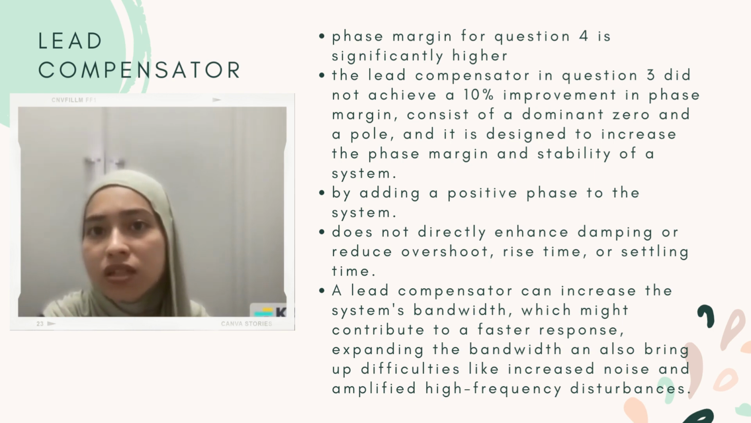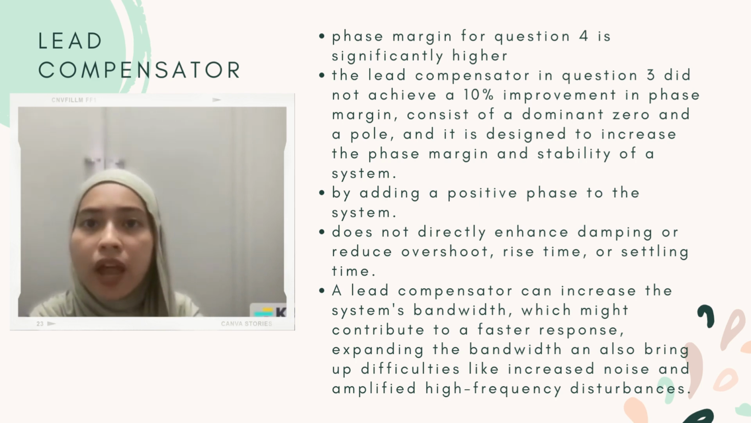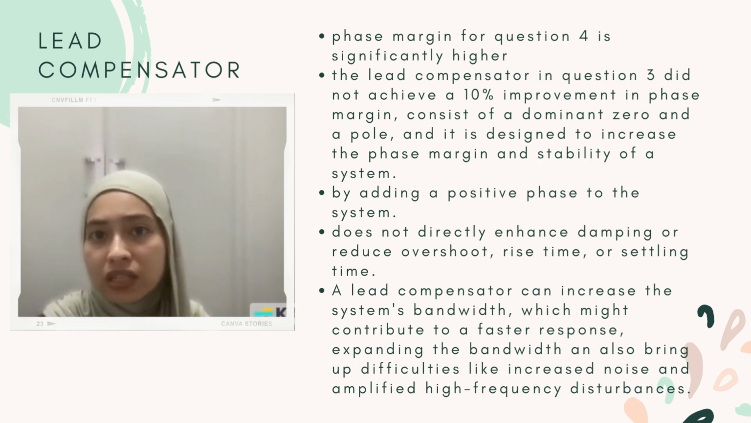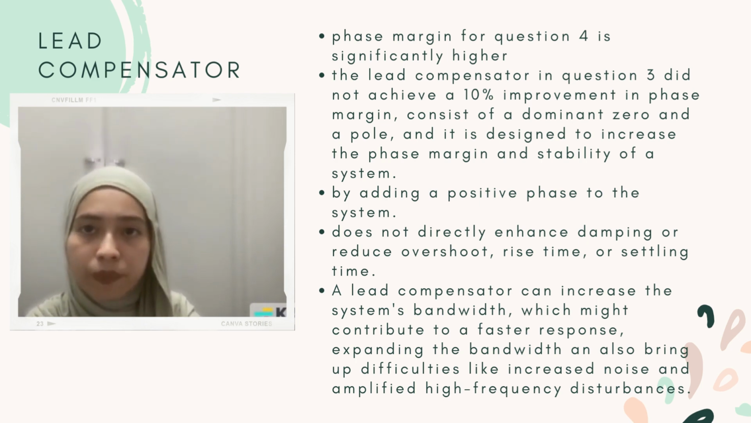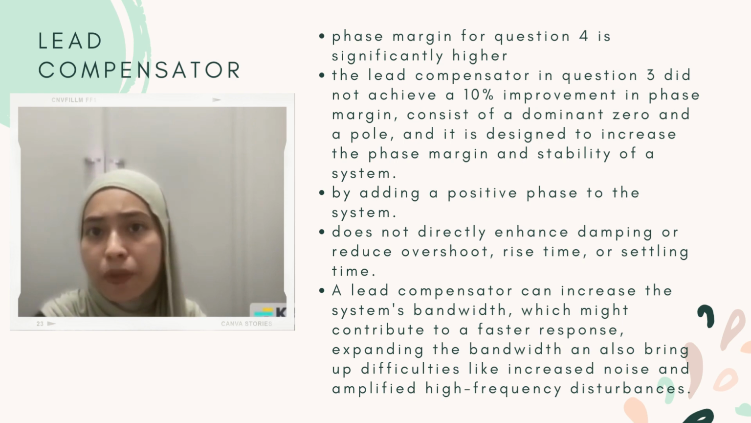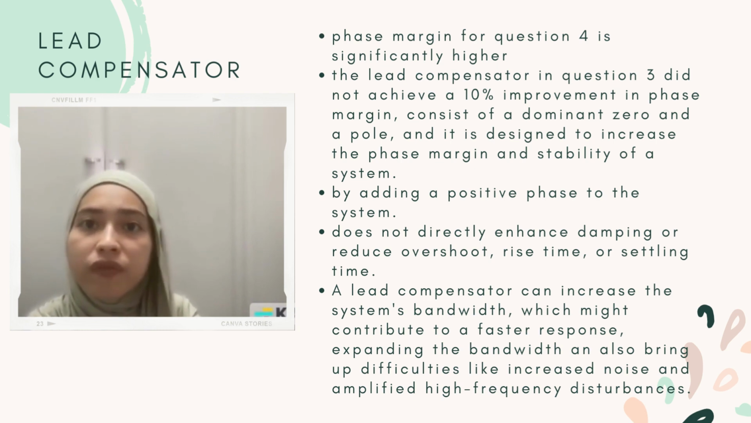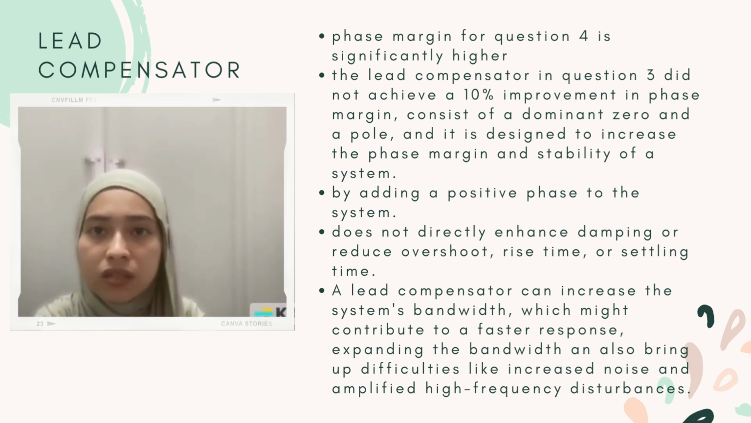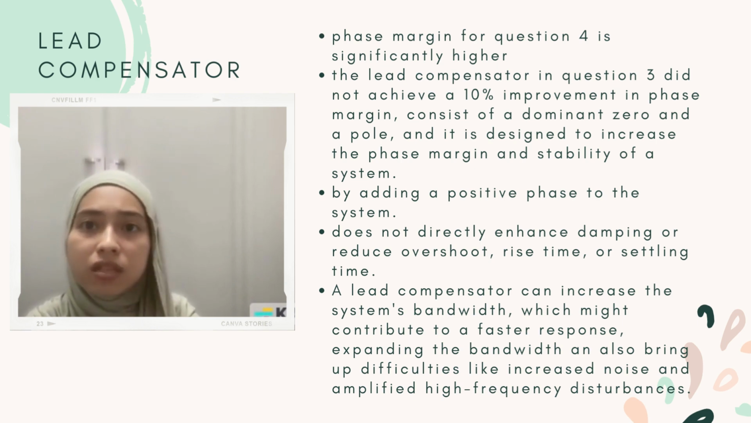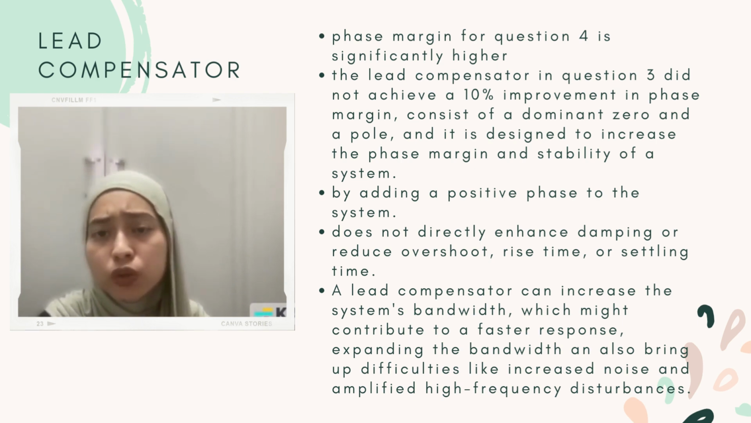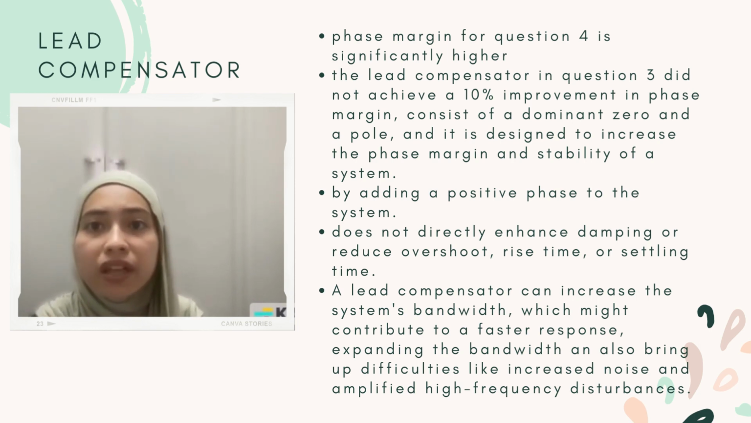A lead compensator consists of a dominant zero and a pole, and it is designed to increase the phase margin and stability of a system. It does this by adding a positive phase to the system. However, it does not directly enhance damping or reduce overshoot, rise time, or settling time. These factors are influenced by other aspects of the system design. A lead compensator can increase the system's bandwidth, which might contribute to a faster response. It is important to remember that expanding the bandwidth can also bring difficulties like increased noise and amplified high-frequency